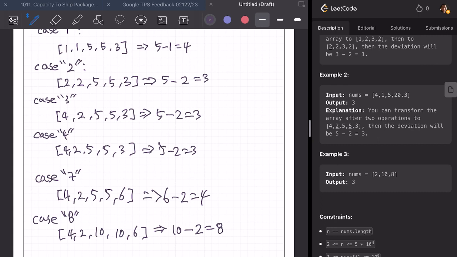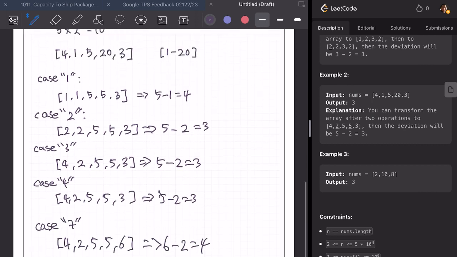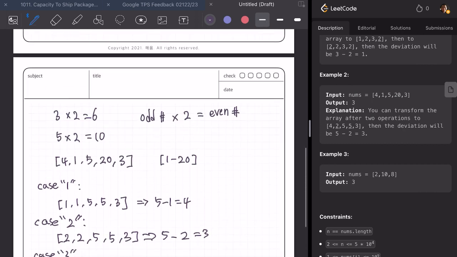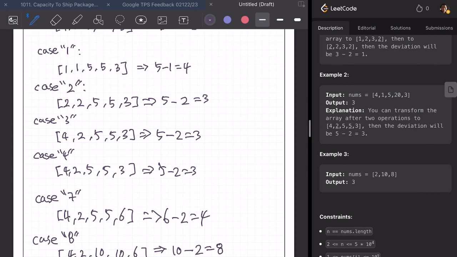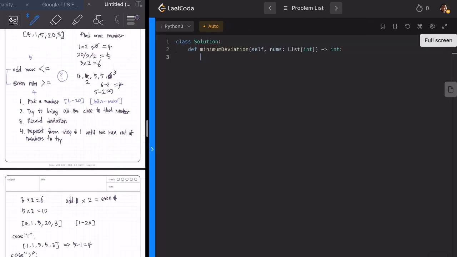So how do we actually know? Okay, so what I'm going to do is try to code this and see if it works. I said I'm going to pick a number. So first,